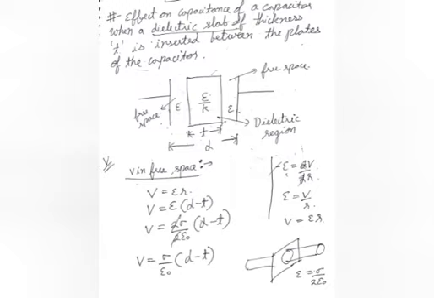So as you can see in the diagram, I have made a parallel plate capacitor, and the distance between the plates of the capacitor is small d. Between those plates I have inserted a dielectric slab of thickness t, and with the help of the arrows I have shown that there is some space between the dielectric slab and the plate of the capacitor, which we would call free space. So now we are going to calculate the effect on the capacitance of the capacitor because of the presence of this dielectric slab.